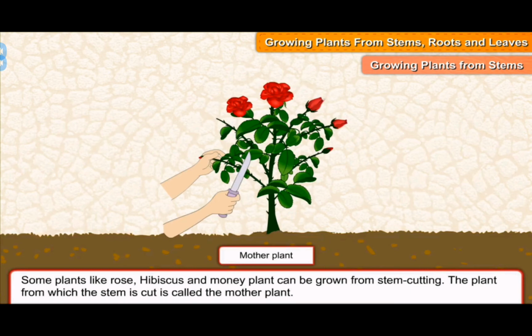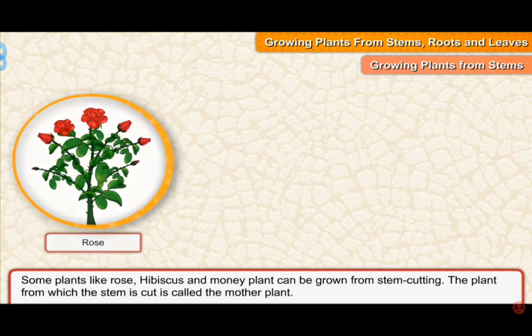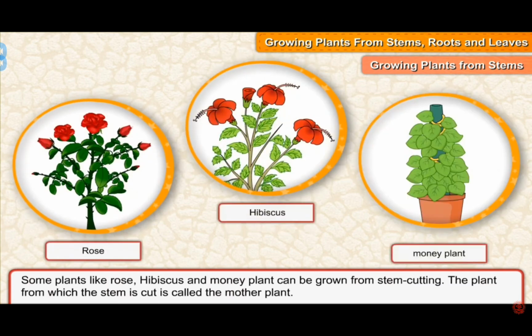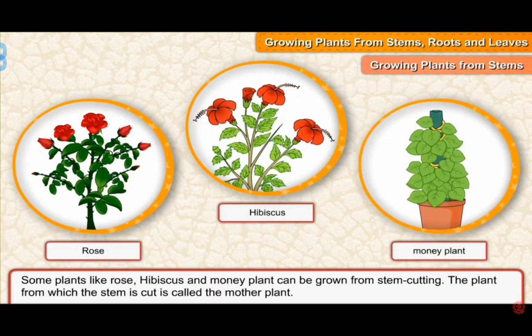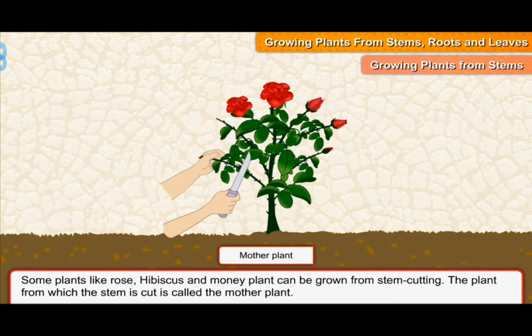It is a type of asexual reproduction in which new plants are produced from root, stem, leaves and buds. Since reproduction is through the vegetative parts of the plant, it is known as vegetative propagation. What is the first method for the explanation of vegetative propagation? When we see rose, hibiscus, money plants, they can grow from stem cutting. We do not observe any seeds and flowers with seeds.